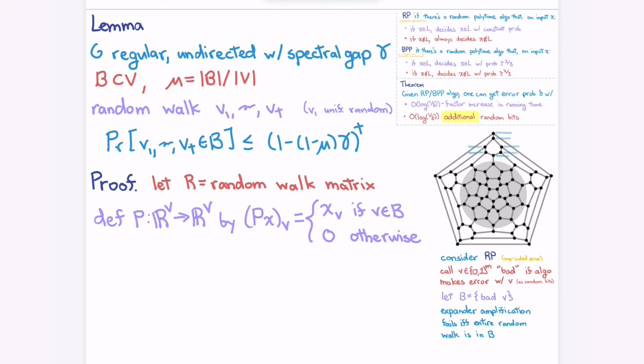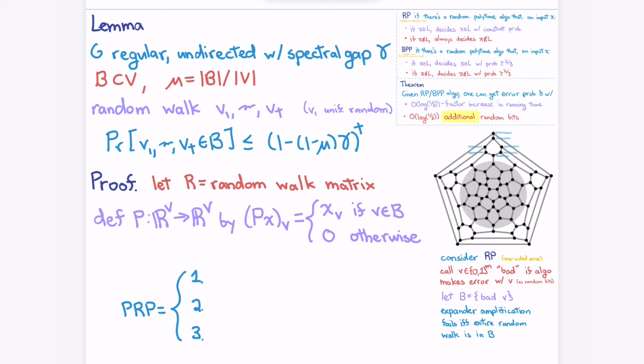So P is just dropping the entries outside of B. And we kind of want to see, when I look at the combination PRP,